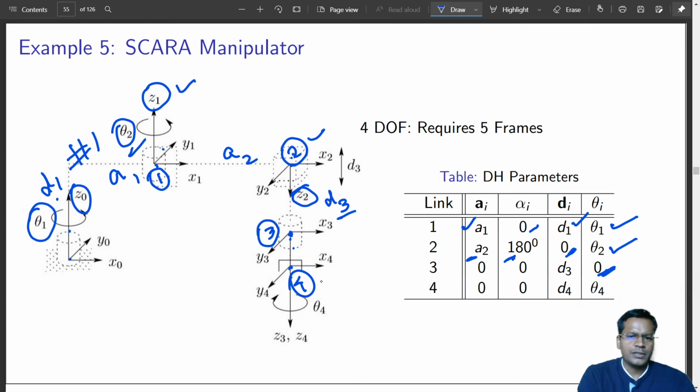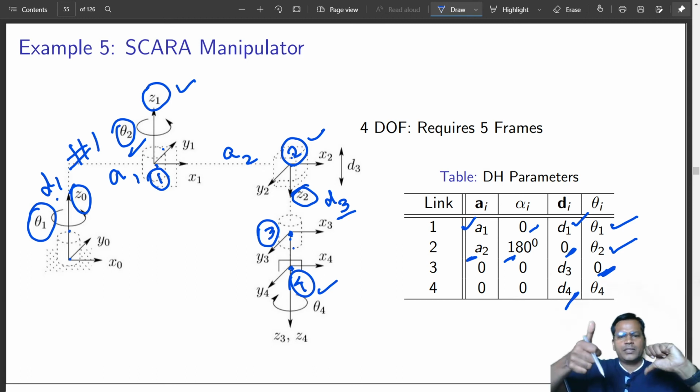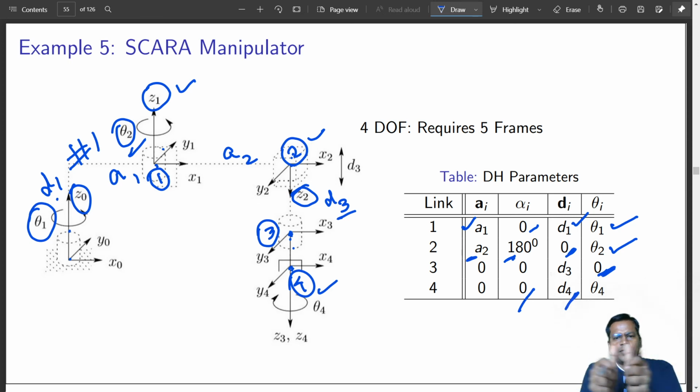Coming to the final one, this is the fourth one. This point has a frame attached to it. This is the end effector point. The two frames are just separated by a distance d4. This is just a frame, it doesn't have any twist. Frame 4 has not rotated with respect to frame 3, so it is zero twist, and they are in the same line, so between z4 and z5 there is no distance, making it 0 again. So now that I have placed all the frames, I have revised it once again.